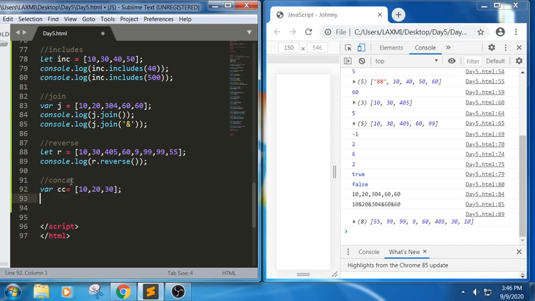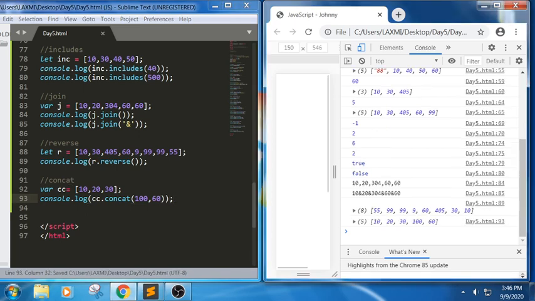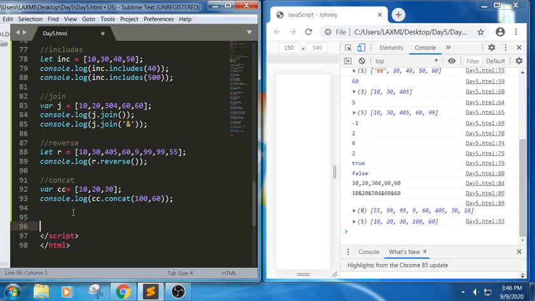We have an array here, and again I'm writing console.log, c.concat, and I want to add 100, 60. We got the concat result. It creates a new array with the data we have added, in the sense the array values we have added. So this is about concat.